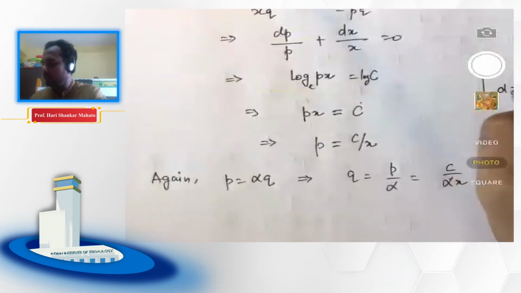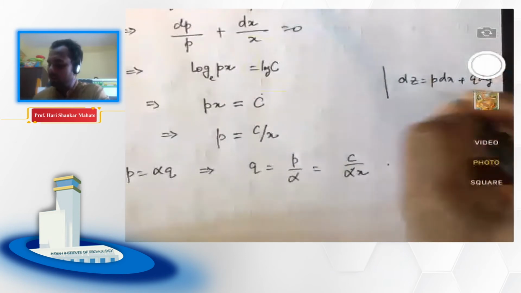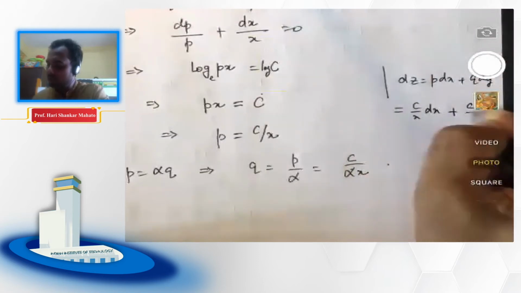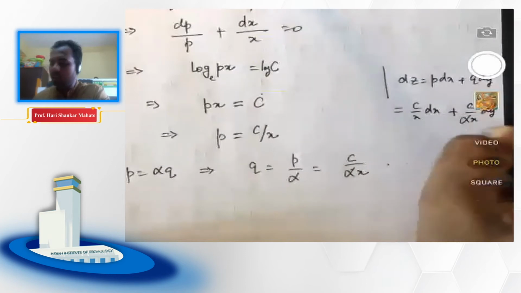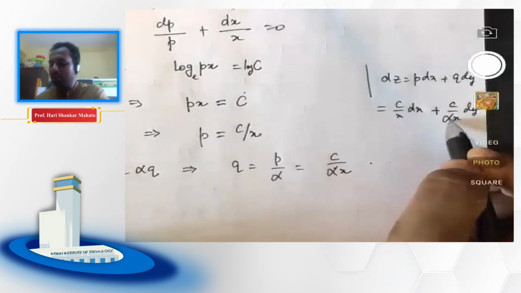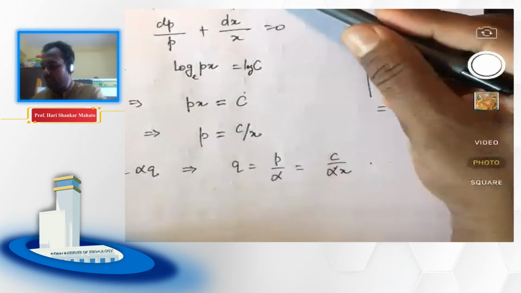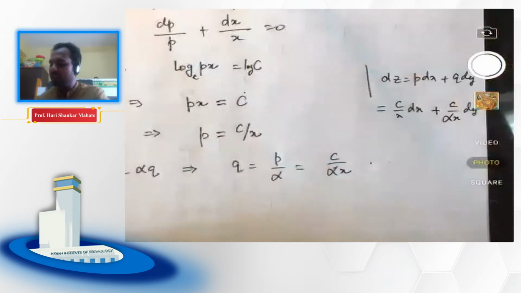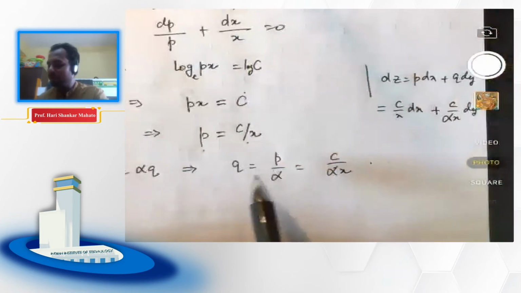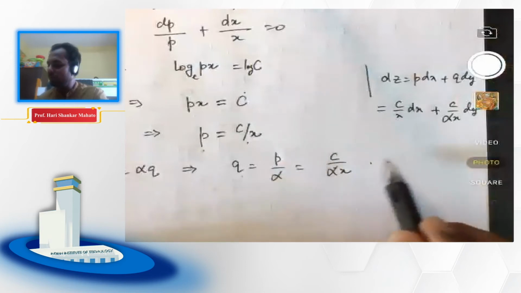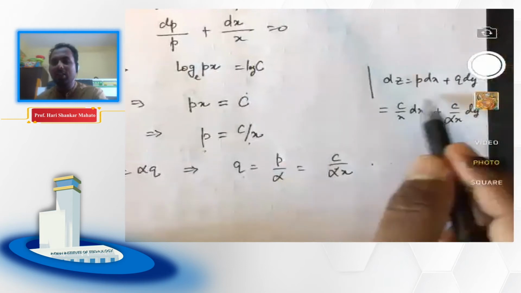Okay, so if I try to put in dz, we can do a side calculation whether this will help or not. So we have p dx plus q dy, and if I substitute p equals to c by x dx, it is helping. But if I substitute q equals to c by alpha x d of y, it's not making this whole thing a complete differential. So it's not always straightforward to take all the fractions. The reason why I took the first and fourth fraction is that you can get a value for p, but the minute you try to obtain the value of q, it's not that fruitful, because you may not be able to obtain the complete differential.